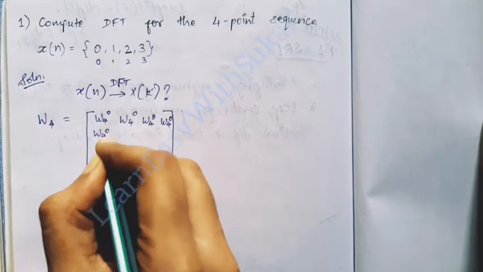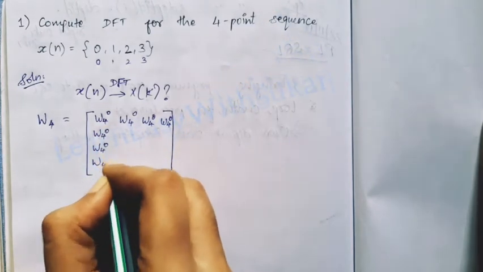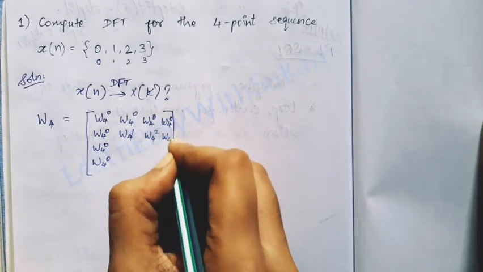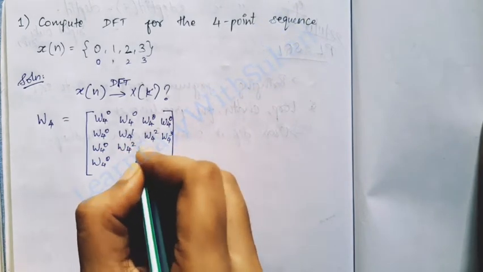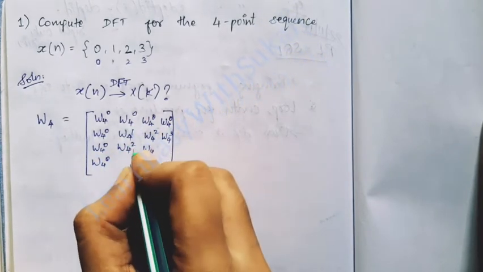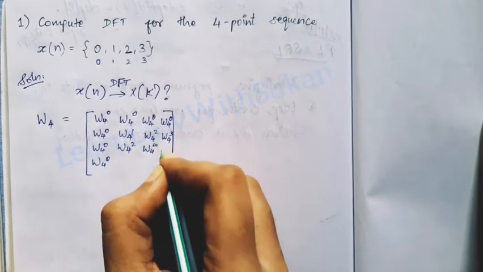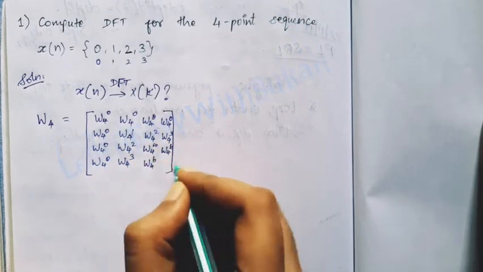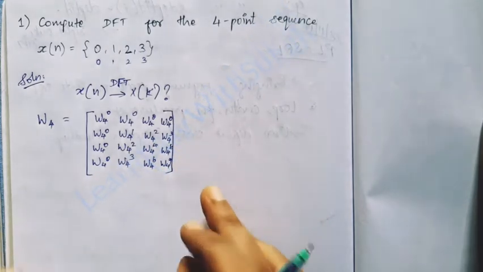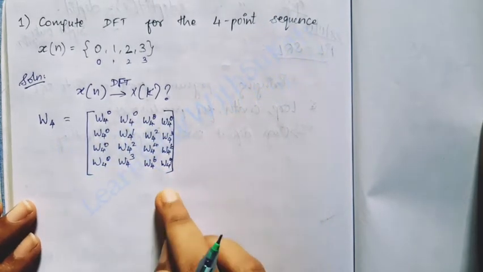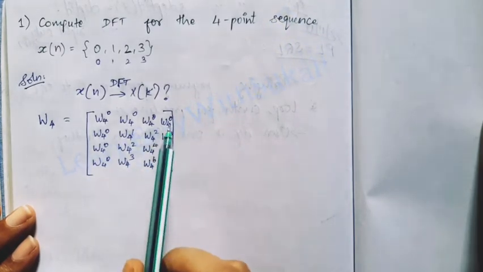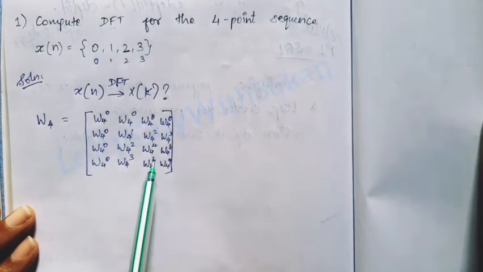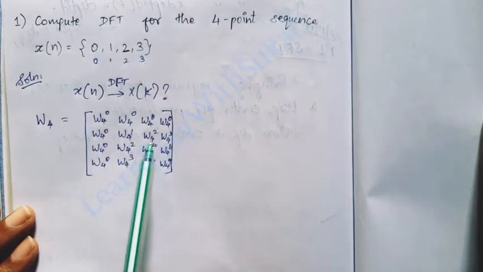Similarly here. Now fill this like this: 1, 2, 3. Here in the powers of 2, you have to give multiples of 2. That is, here 2 2s are 4 and 2 3s are 6. Here 3 2s are 6 and 3 3s are 9. So this is the basic matrix. Since this is a 4-point DFT, we need to have indexes only as 0, 1, 2 and 3, not more than that. But here we have 6 and 9. So this we need to convert in terms of 0, 1, 2, 3.